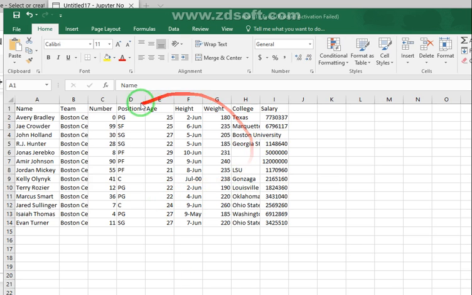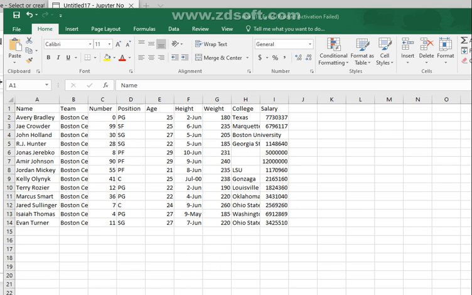Students see now in our next program, the same masking we are going to apply not only to a data frame, but first of all we will take a file, convert it into a data frame, and then we apply this operation indirectly on this file after converting it into a data frame. So what this file contains, again this is just an NBA file but with the shrunk data that we have. First we have the names of the players, their teams, their numbers, position with their age, height, weight, college and their salaries. So this is the data that we have in this file. I have named this file NBA 1.1. Clear? So this file we will use in our program.